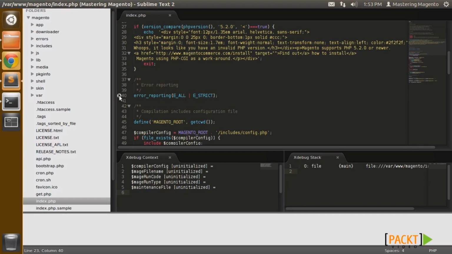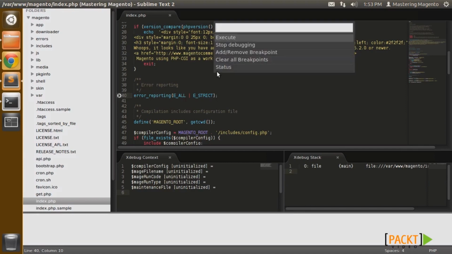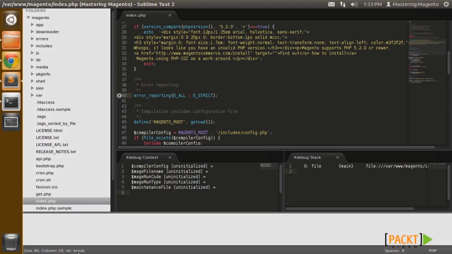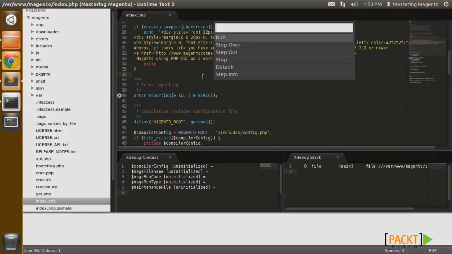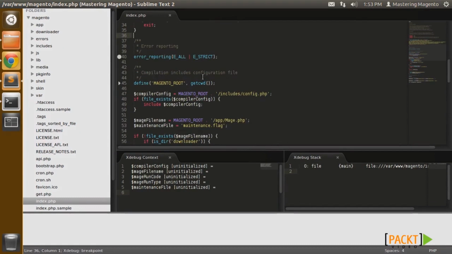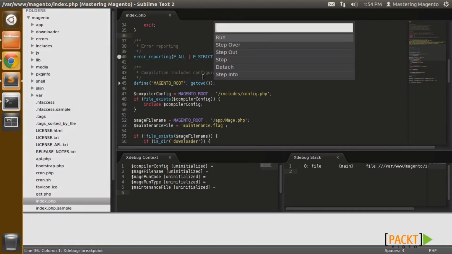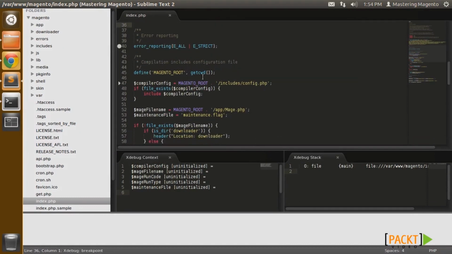And you can see now there's a little indicator that we're on line 40. If I Shift F8, you'll see my options have changed. I can check the status. It's telling me that we're breaking. And if I press just F8, not Shift F8, you'll see the menu for interacting with the debugger. So I can step over. That's going to take me to the next line of code. I can continue to step over until,